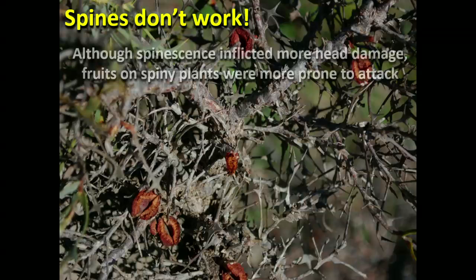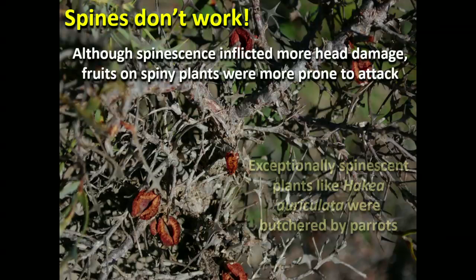So, the take-home message is really that spines don't work, I guess, and that's evidence. So what's happened here, that's Hakea auriculata, that ball of pain, and when we were going around Western Australia, we found many, many plants that had literally been butchered by parrots. So what we think happens is the parrot sits at the base of the plant and then works upwards, carefully dissecting the plant, snipping off entire branches, and you'd see a substantial